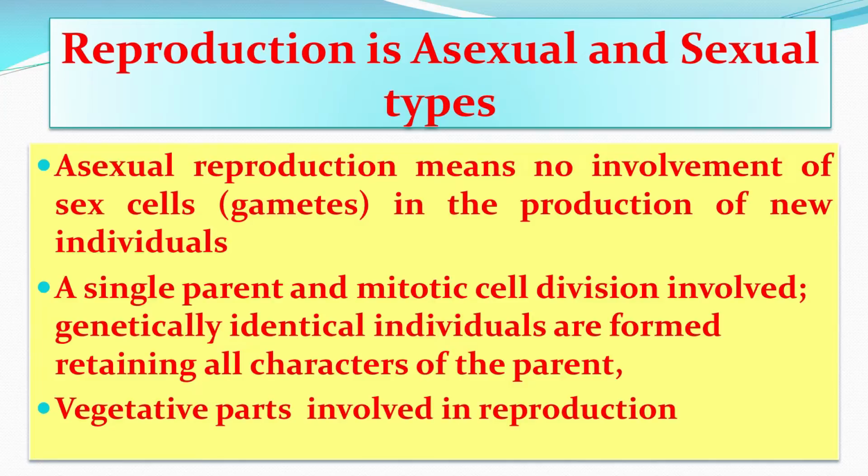So, it is a uniparental reproduction, no question of flower or meiosis or fertilization. Asexual reproduction does not involve flower, meiosis and fertilization, rather it involves mitosis, the kind of division